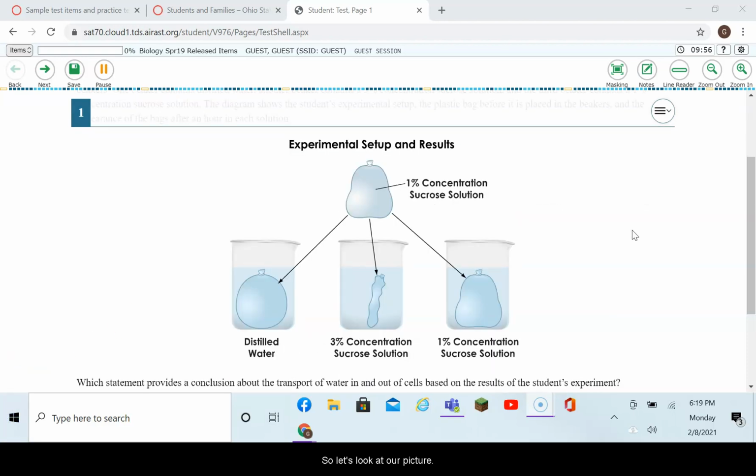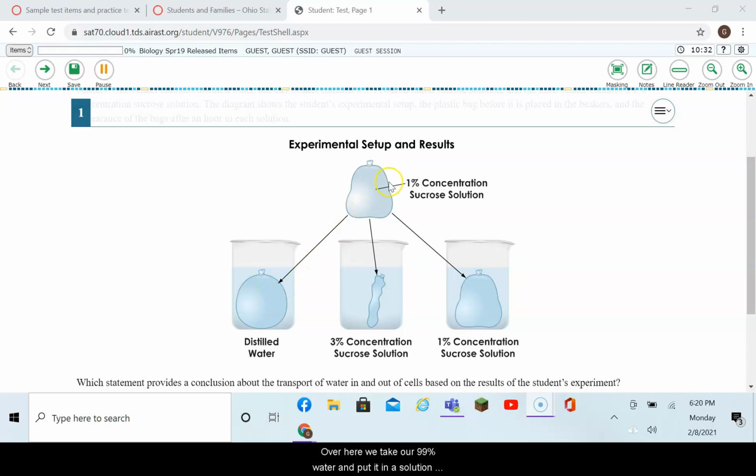So let's look at our picture. Experimental setup and results. So we have a 1% sucrose solution. That means we have 1% sugar and we have 99% water. Okay? So we go over here, we put that bag with 99% water into distilled water, which is 100% water, right? And we know with osmosis, water moves in and out of the cell. Water goes from a high concentration to low. In this case, since more water is on the outside than the inside, then the water will go inside the